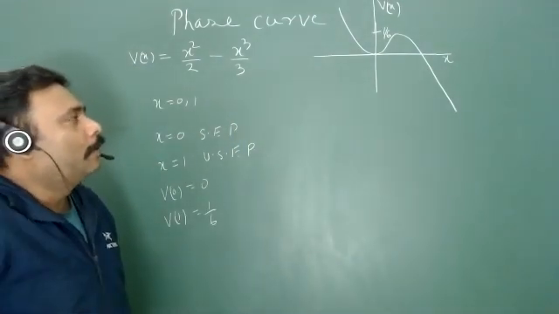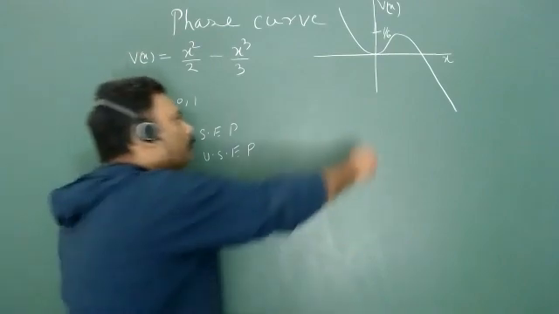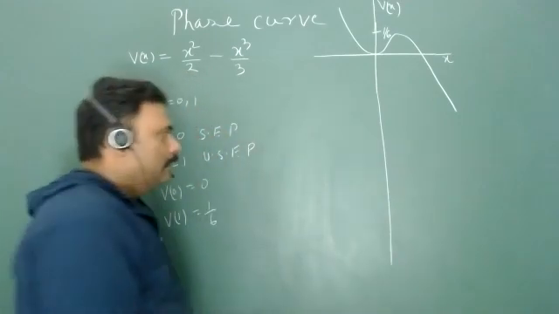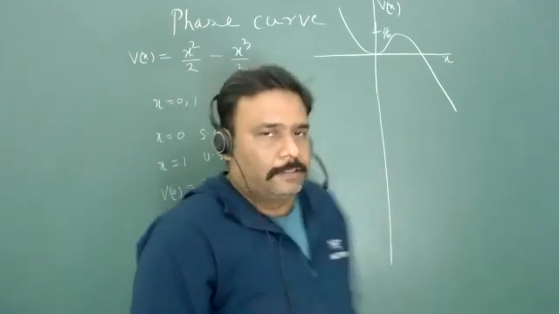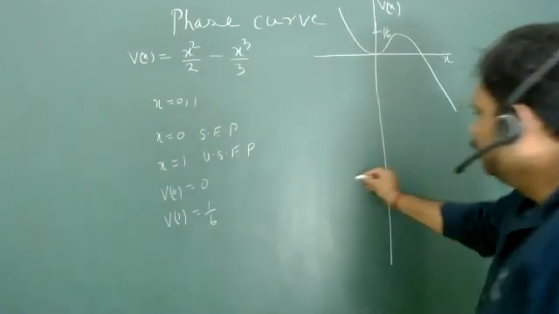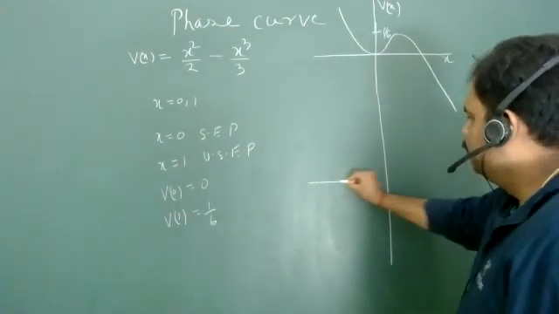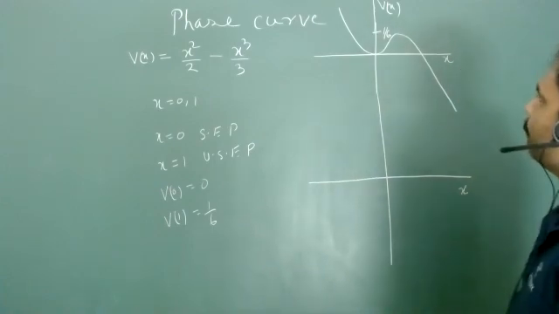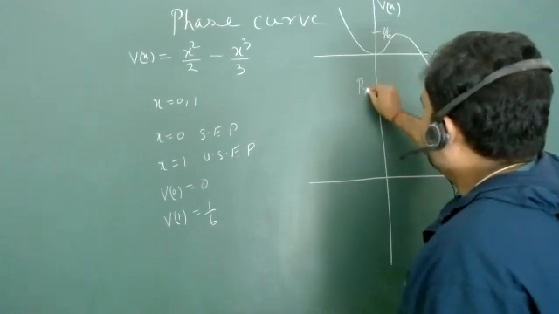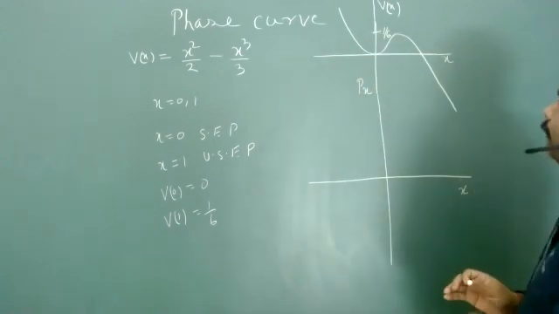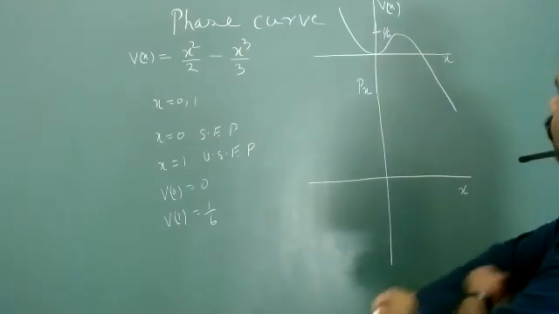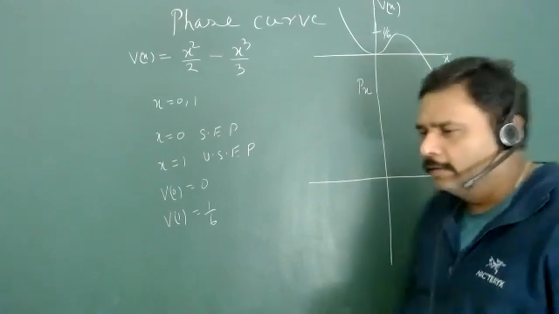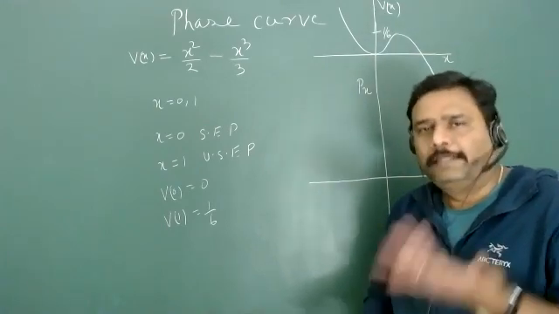So if I want to plot the phase curve, what I have to do is first go for an extension of the vertical axis, and this vertical axis is momentum. So we have the extension of the vertical axis, and we have the same scaling of the horizontal axis. The scale will always be the same. This is my momentum p_x, and we have to plot the phase curve. Now we can start from negative energy or positive energy, depending on your own choice. I always start from the negative energy.